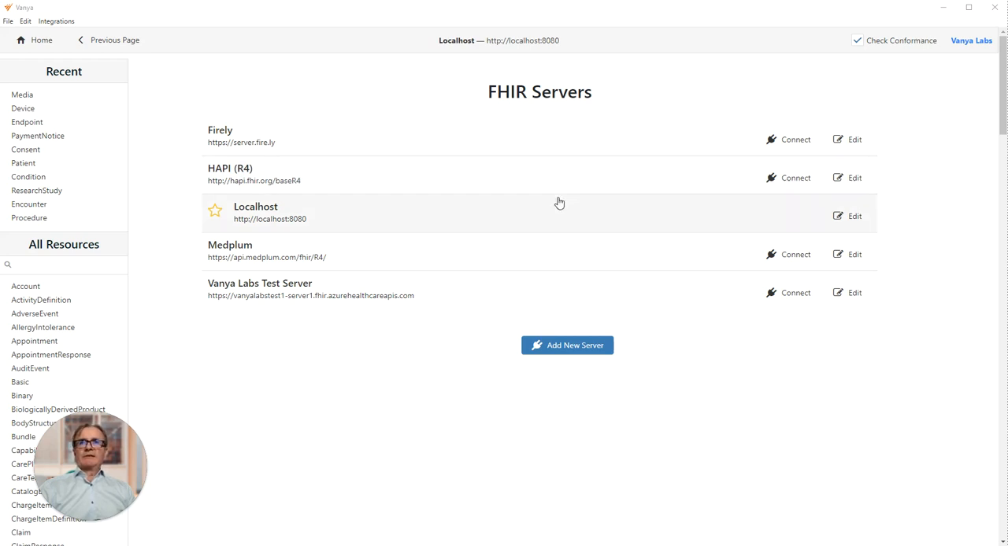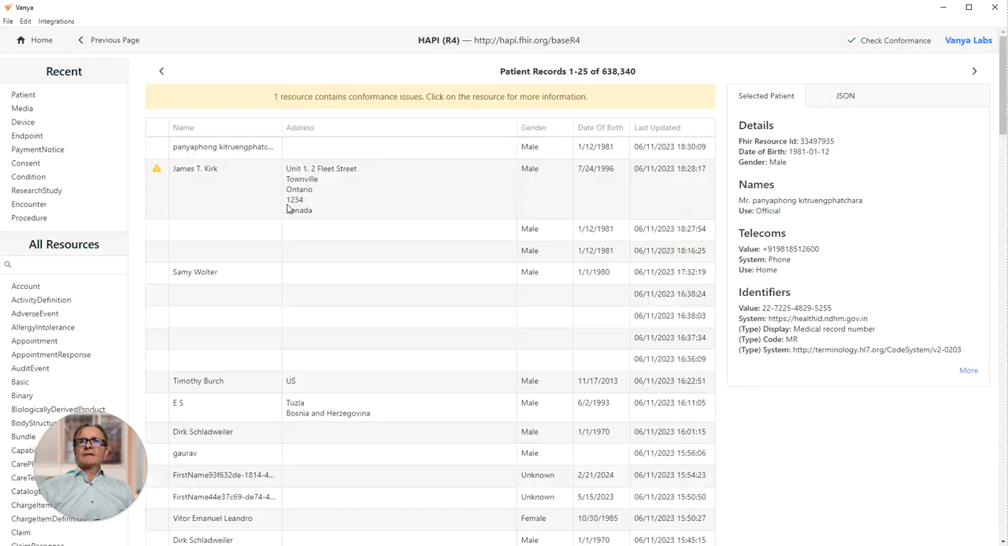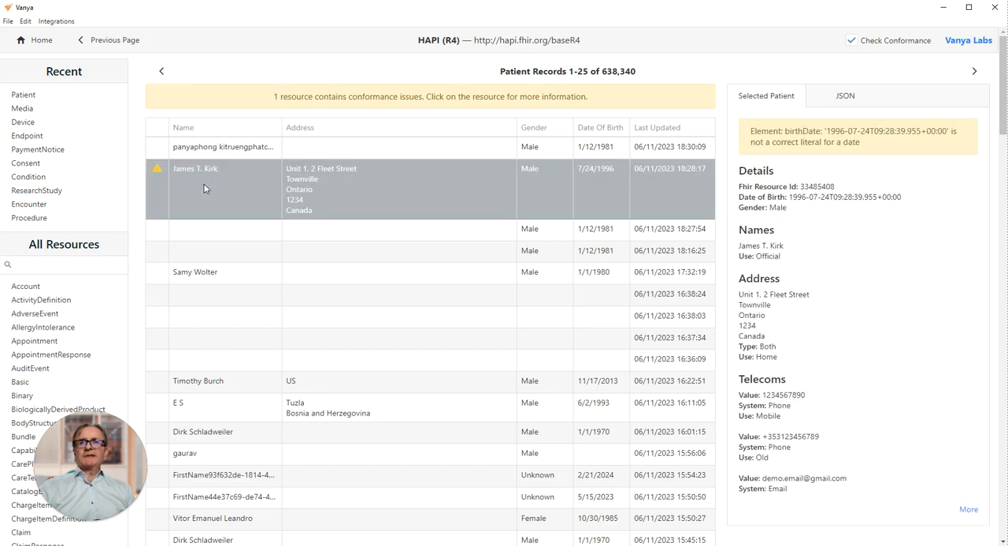So let's start by taking a look at the Happy server. We just click connect here. And let's jump into the patient resource. So you can see at the top that one resource contains conformance issues. If there were more than one, it would say so up here. And I can see the little warning icon down here next to James T. Kirk. If I click on that, over on the right, it populates the section here with the full details from